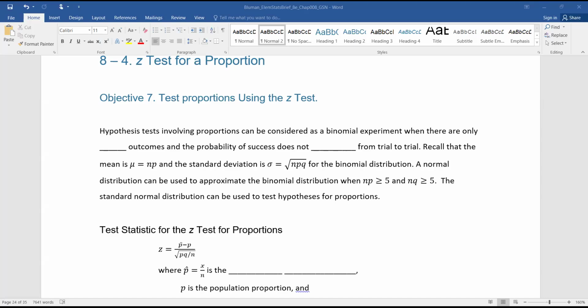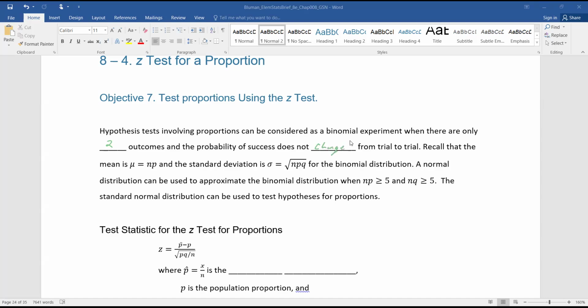Alrighty, in this video, we're going to be talking about 8.4 z-tests for a proportion. Our seventh objective here is to test proportions using the z-test. Hypothesis tests involving proportions can be considered a binomial experiment when there are only two outcomes. Remember, that is either this is going to happen or it is not, and the probability of success does not change